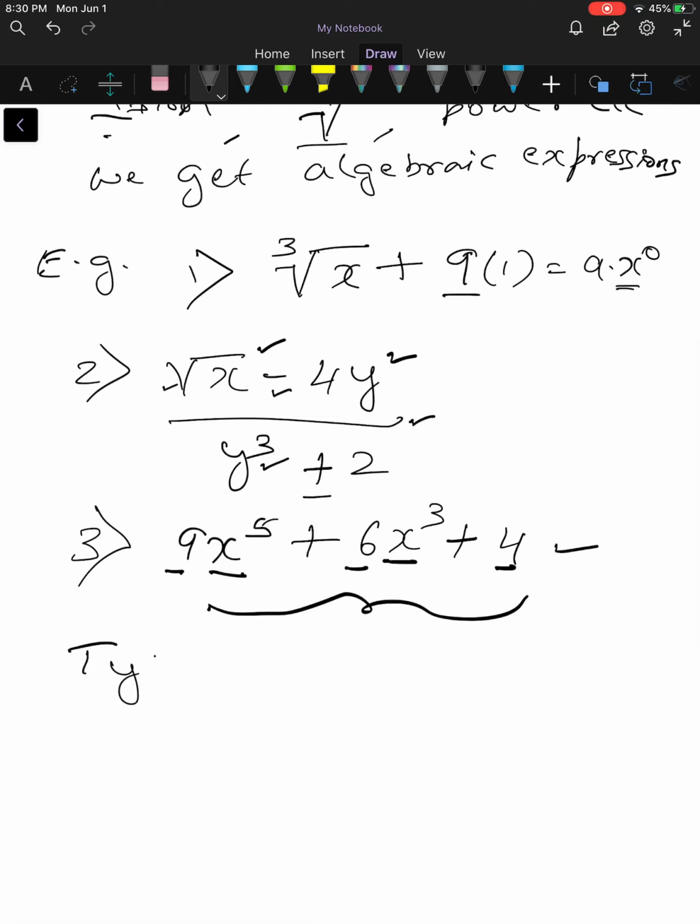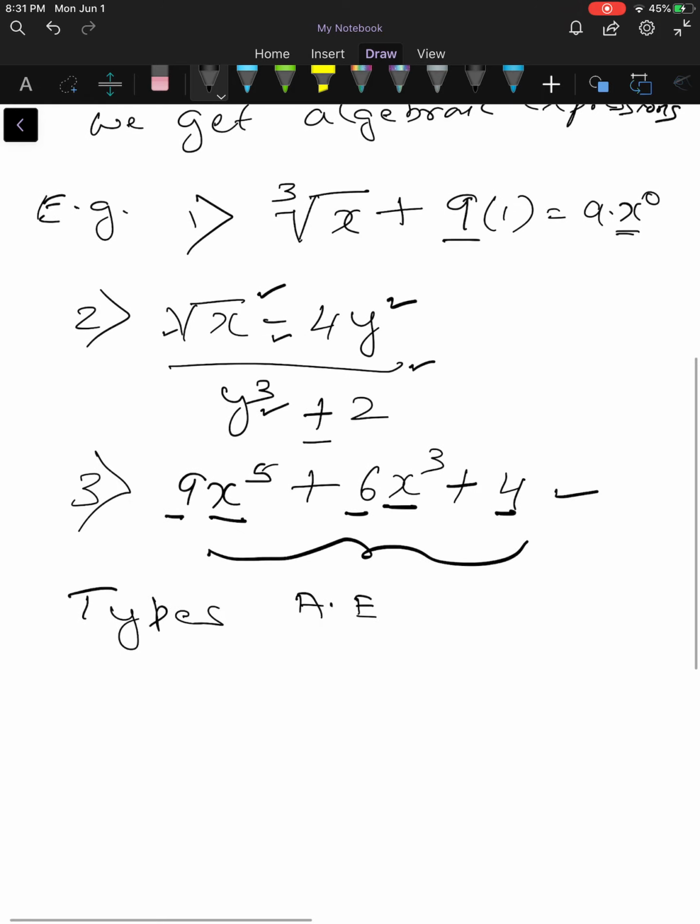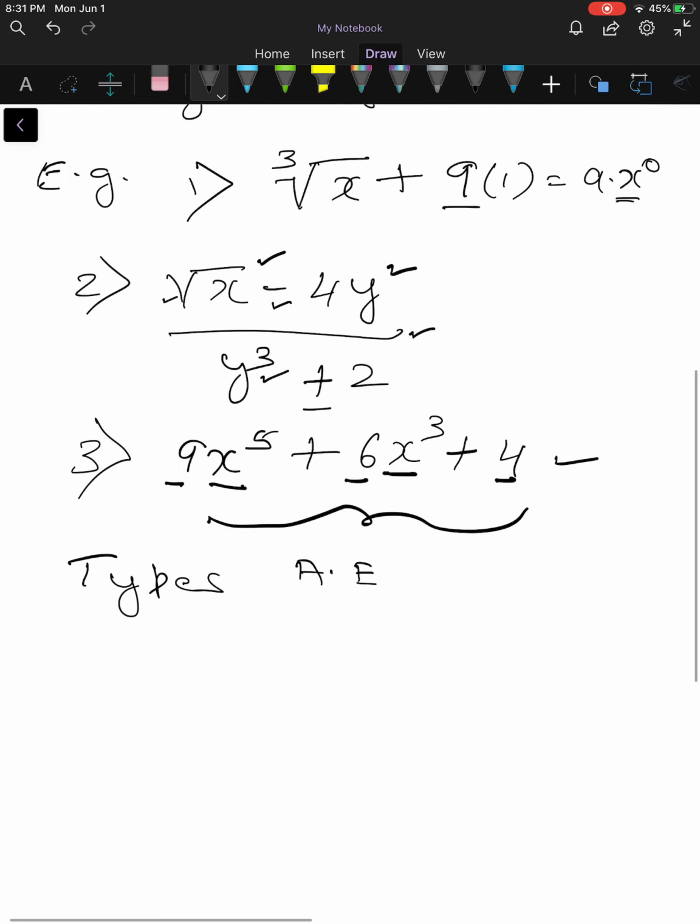Now let us see what are the types of algebraic expressions. Throughout the video, I will denote algebraic expressions by AE. That is my denotation, just to avoid more writing. Okay, first type, it is monomials. As the name itself suggests, mono means one. So an expression which has